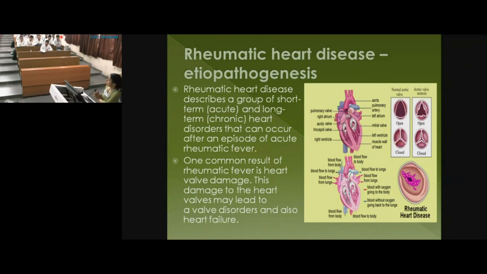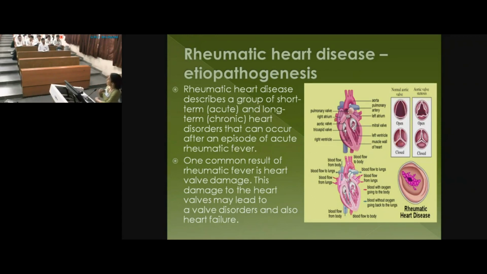So what we've seen is the involvement of other parts of the body. Usually the children have high-grade fever, they have joint pains. We have the classical Jones criteria, you studied about it, you must have studied in pathology also and medicine also, I think. So you have these features which involve other parts of the body, but what you find is that the body recovers completely from these features. If a child has joint pains, the child will recover completely. There will be no residual sequelae in the joints. If he has chorea, he will recover completely. There is no neurological sequela.